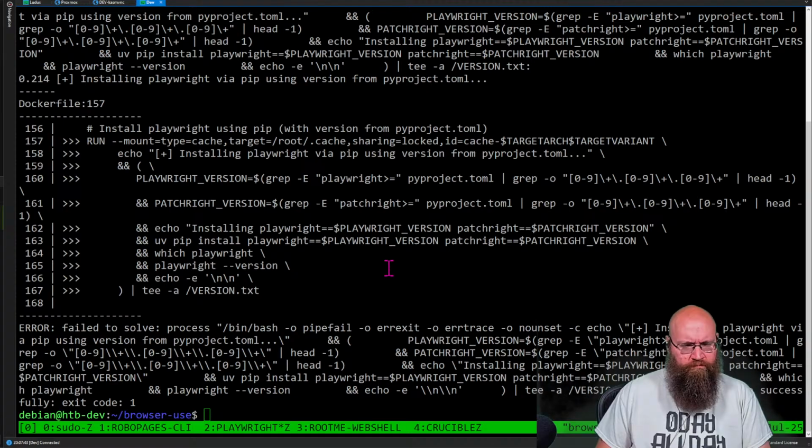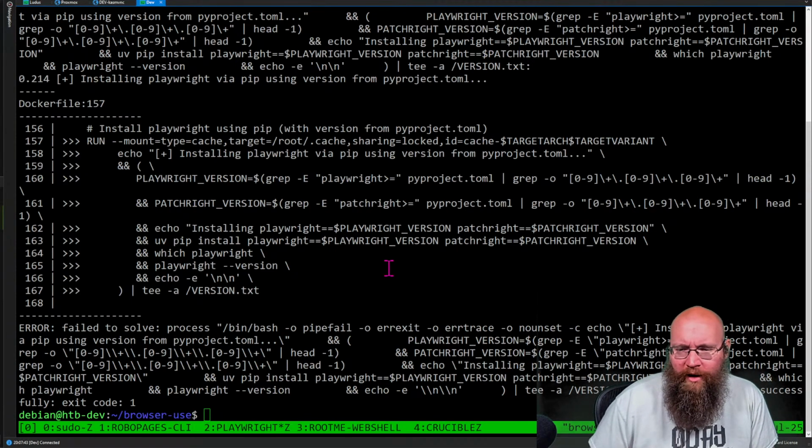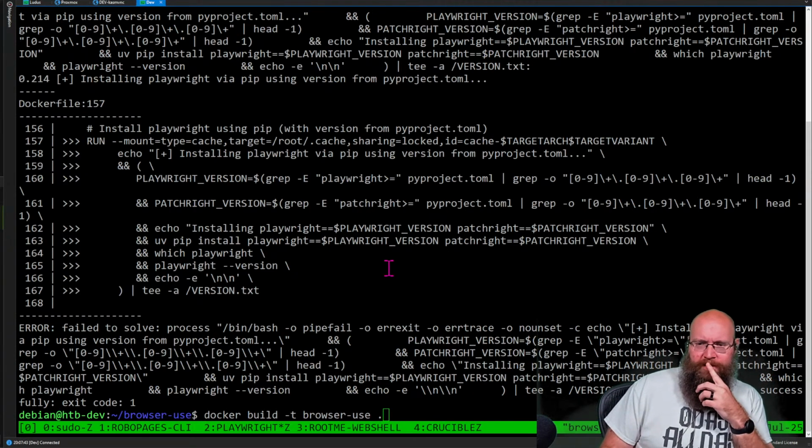Hmm. Trying to rebuild the Docker container. It was not happy about it.